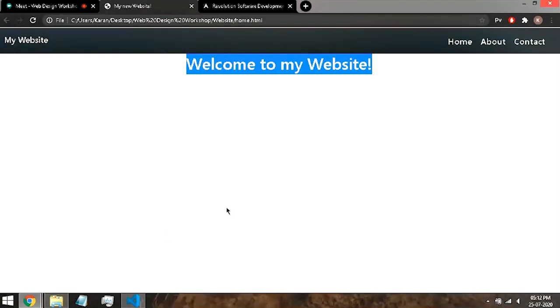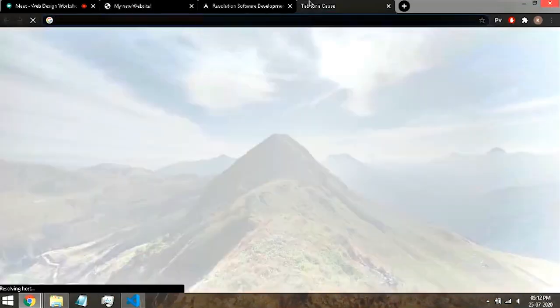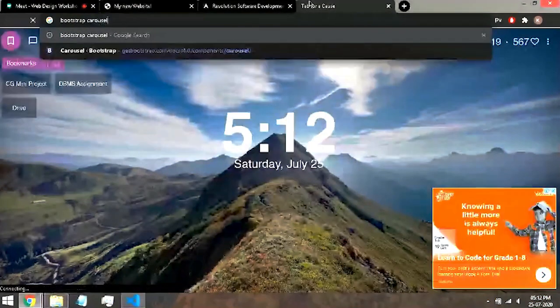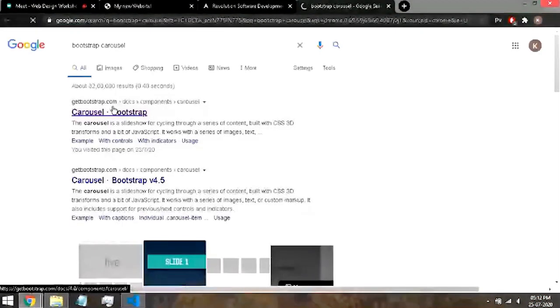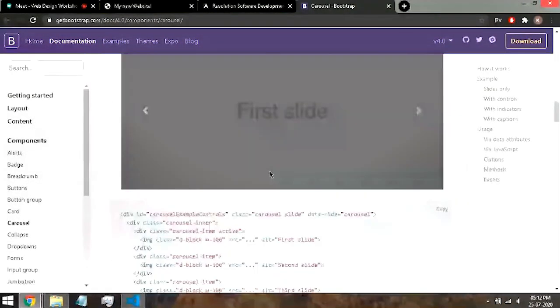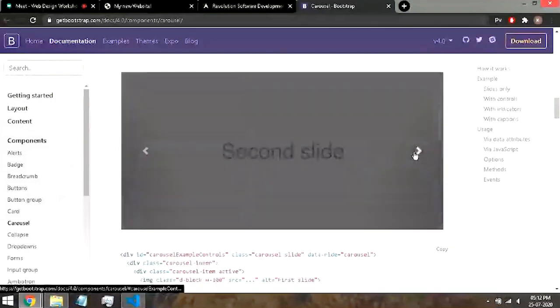Now there is another Bootstrap element that makes your website appealing to the users, and that is called a carousel. What is a carousel? I'll just show you. So Bootstrap provides the carousel, and what this is basically a container which can have multiple elements, but they are hidden from the user unless you press any of the arrows.